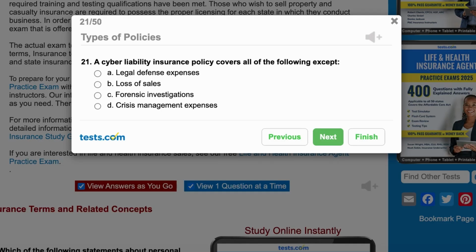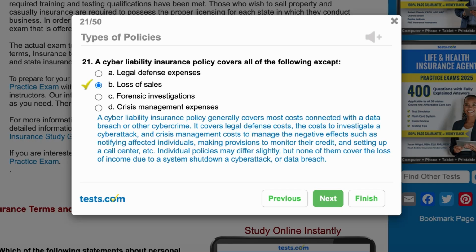Question 21. A cyber liability insurance policy covers all of the following except A. Legal defense expenses, B. Loss of sales, C. Forensic investigations, D. Crisis management expenses. B. Loss of sales. A cyber liability insurance policy generally covers most costs connected to a data breach or other